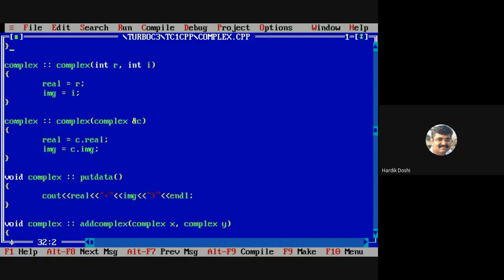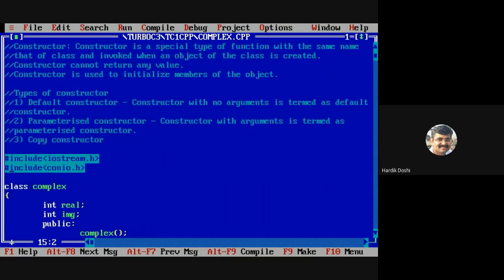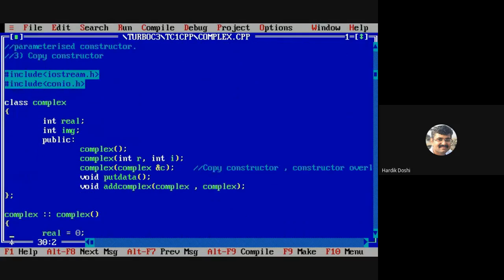Now see the program from the scratch. I have somewhat re-modified this program.